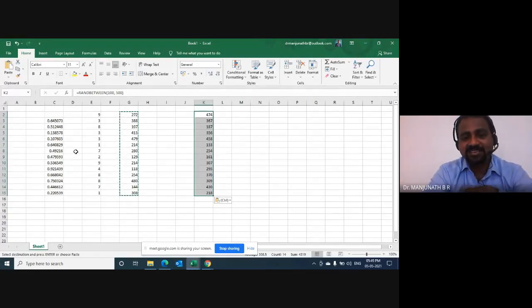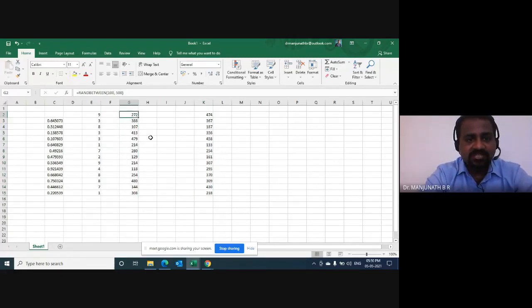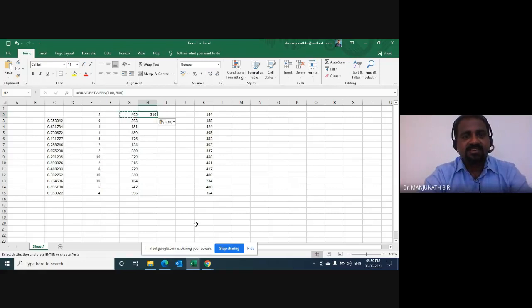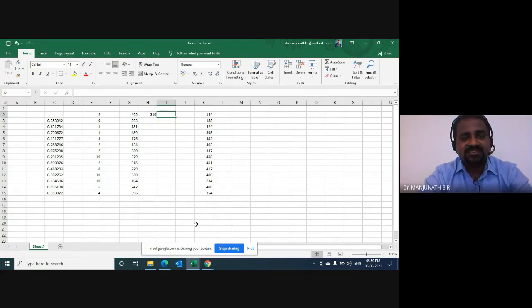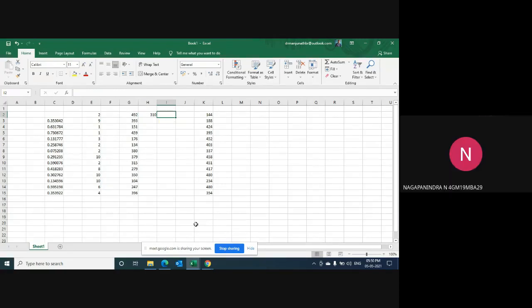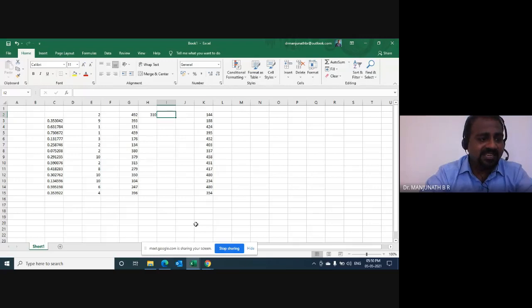This is the fun here. Now you will be telling me why is that? Why that is happening? You copied 272. I'll do it here once again. See here. I'll copy the 272, just 272, and I'll go to the next cell in the column H and I do Control V. The number which I got copied, even that got changed. Why is that? "Recalculation, sir." Yeah, it is changing every now and then. Why is that it is changing?